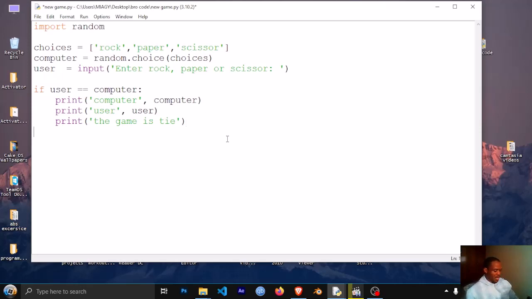So we start by saying elif. So to make things easy for you guys, to make this game easy to write or to code, you have to look at the list of the choices. It starts with the rock, paper and the scissor, and we know that we have to randomly choose from this list. Now why can't we start with the rock first for the user? So you say elif the user,